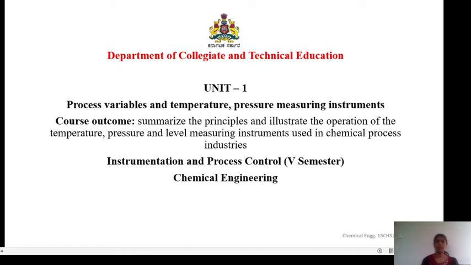And also we have learned the mercury in glass thermometer, which is a liquid expansion thermometer, whereas the bimetallic thermometer is a solid expansion thermometer. The mercury thermometer works based on the volumetric expansion of the liquid inside the thermometer with a change in temperature. So it also belongs to the category of expansion thermometer.